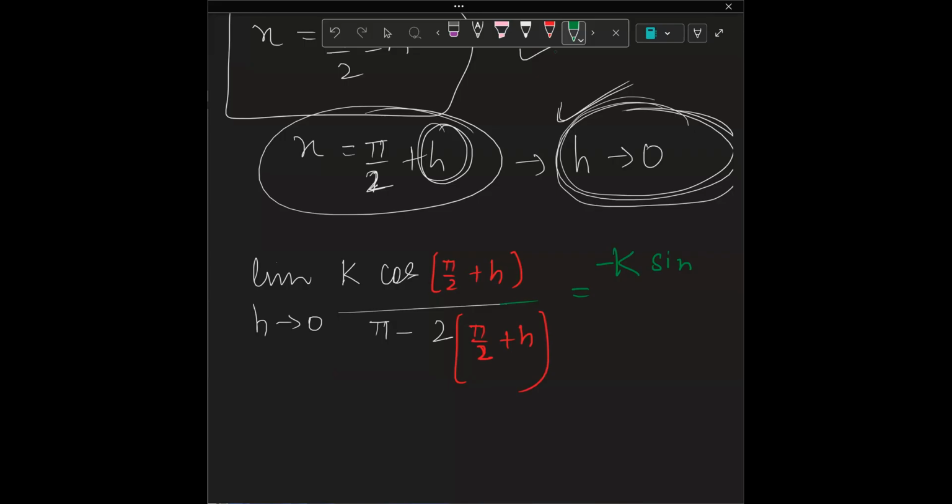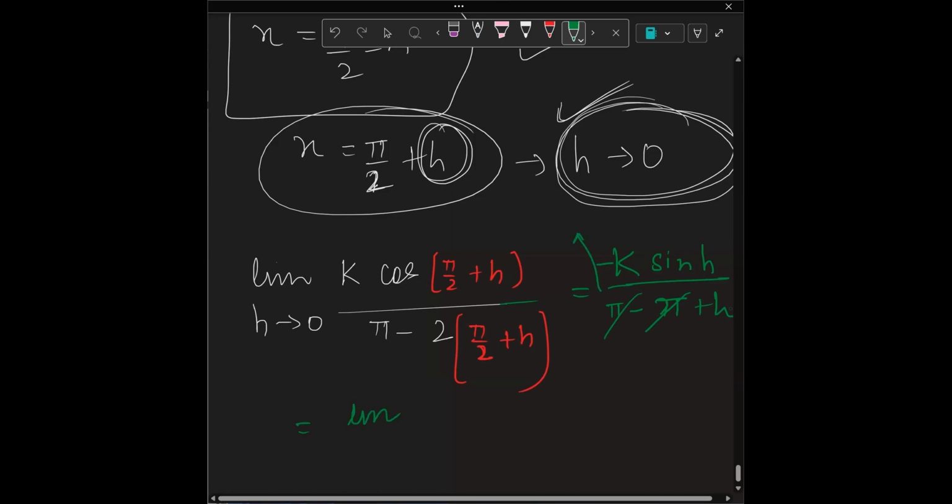And since we have pi by 2, we have to convert cos into sine. So this is minus sin h. And over here in the denominator, we have pi minus 2 pi over 2, that is pi minus pi plus 2h, so pi minus pi is 0, and we have